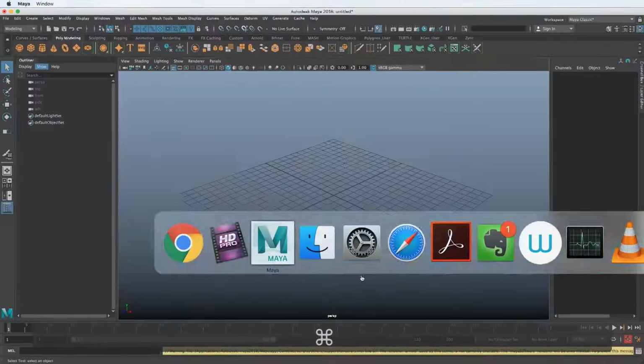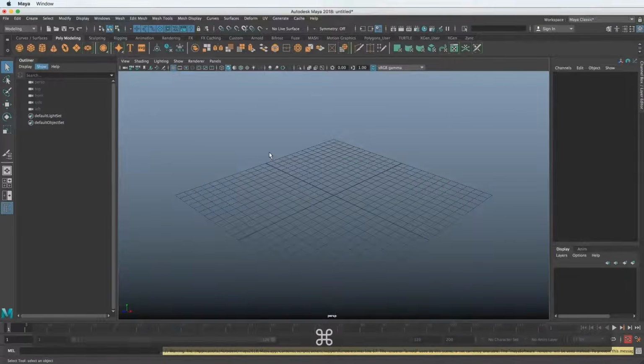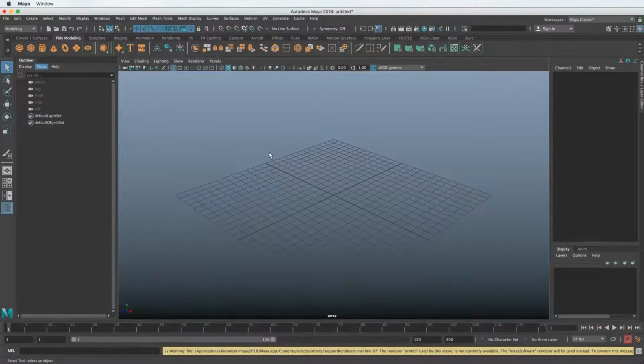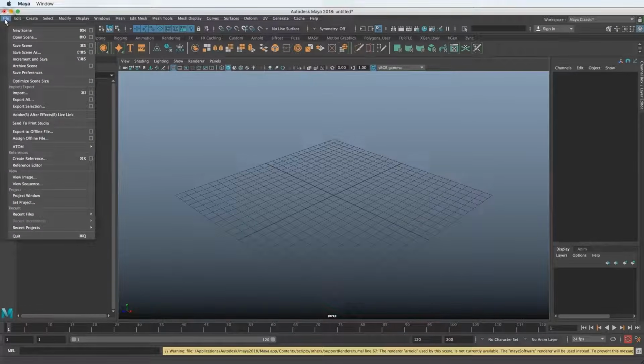So I'm going to switch back to Maya, and anytime you start using Maya, you want to set your project. This is something to remember from here on out. This isn't just something you want to do sometimes. This is, from day one when I was learning Maya till you work in a big studio, you want to set your project. Big studios have their own way of doing stuff, but you want to set your project. If you go to File, we'll go down to Set Project.